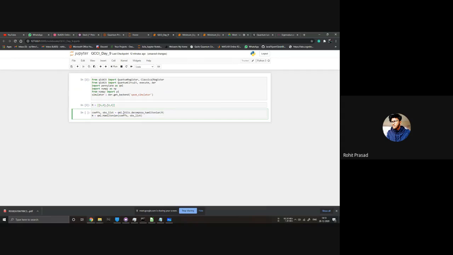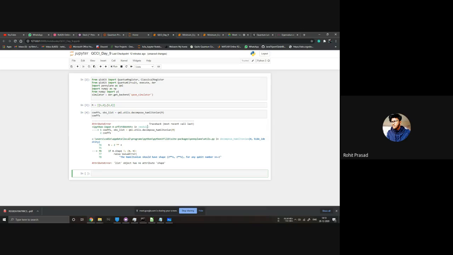You can search for this on the PennyLane website also. We just put our matrix M there, and then we get a coefficient and an object list. If you just put this and print the coefficient, let's see. Oh, it should be np.matrix. Let's see.